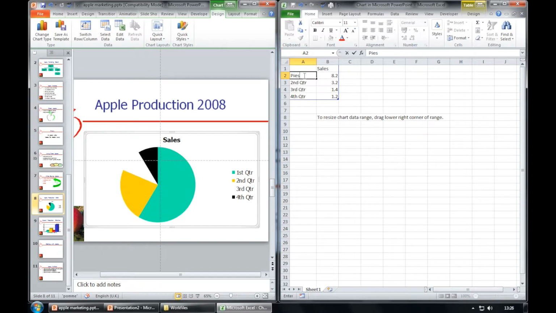So you've got pies, jams, sauces and juices down here, and then at the top you've got apple production, and your numbers are 75, 30, 32 and 145. Once you've done that, make sure that you click or press down on the down arrow